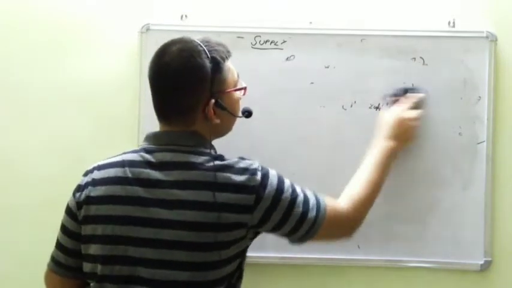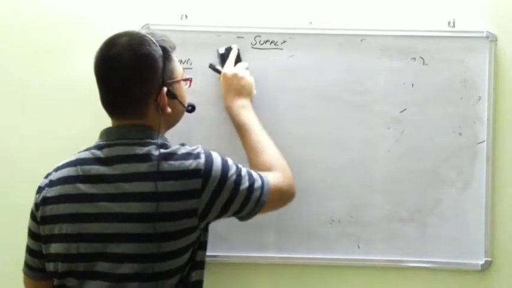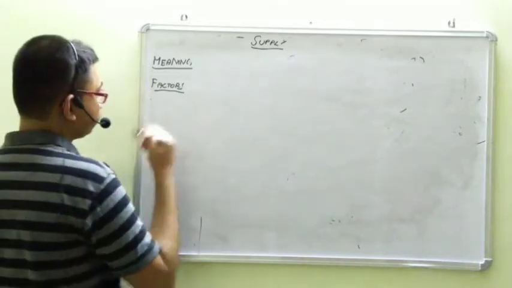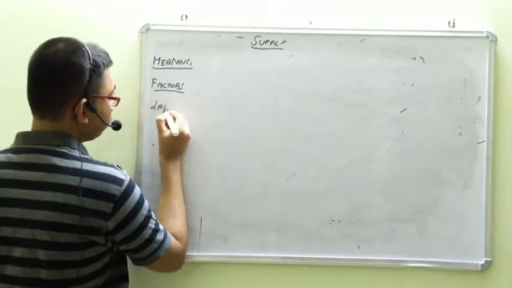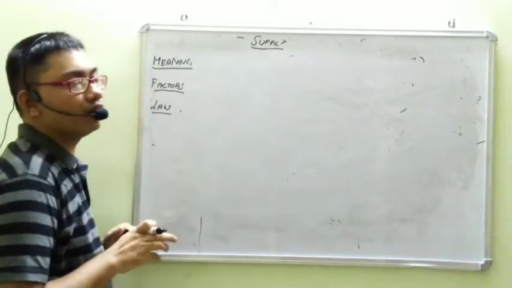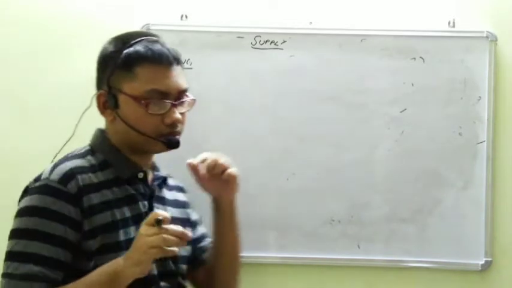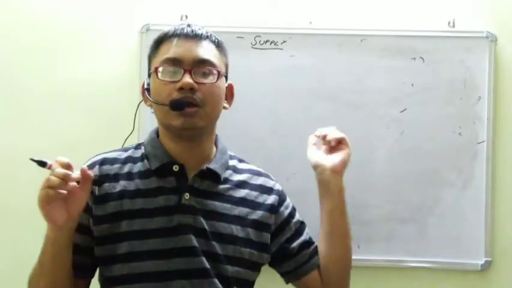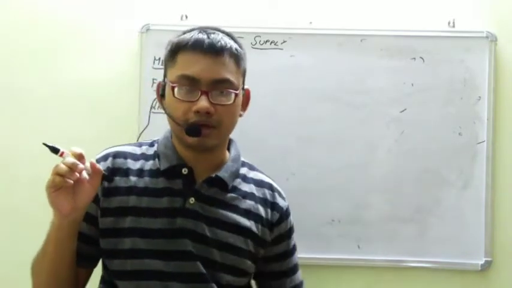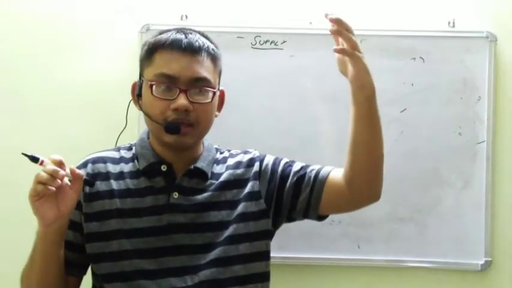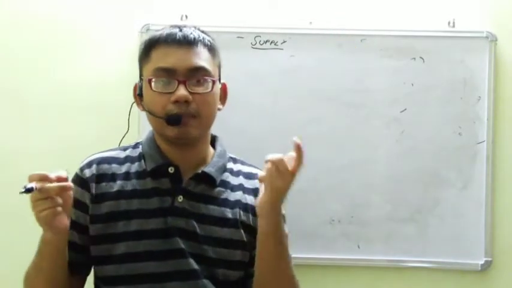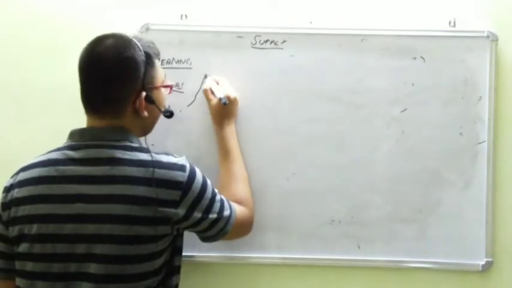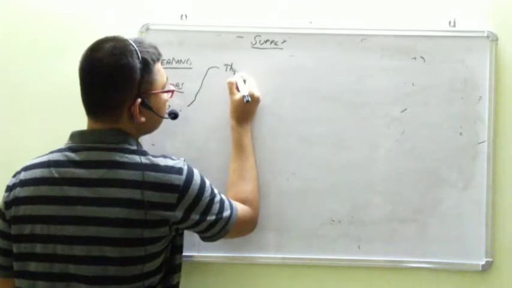Next, similar to demand, we have a law of supply. See, if the price is high, demand will be low. Inverse relationship between demand and price as per the law of demand. If price is high, supply will be high. Why? Because the prospects of earning profits are more. So, according to the law of supply, there is